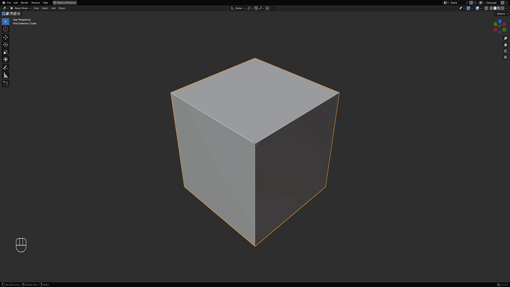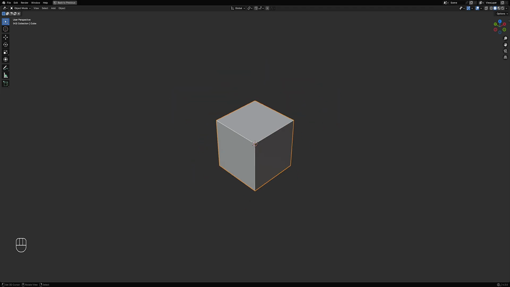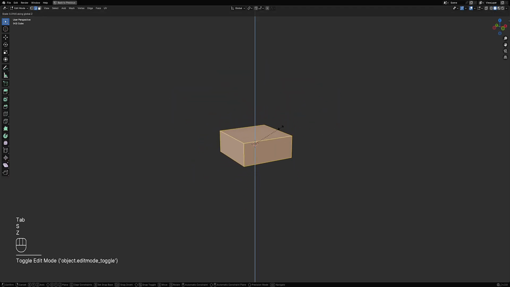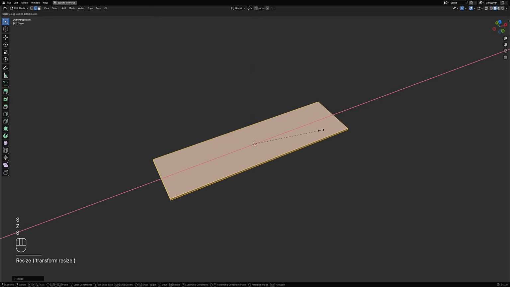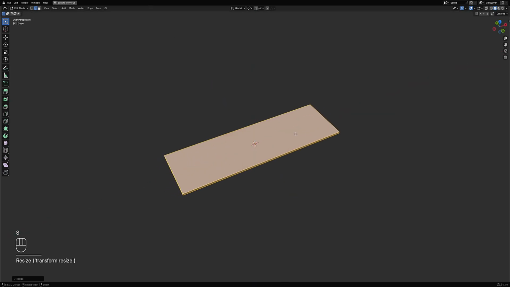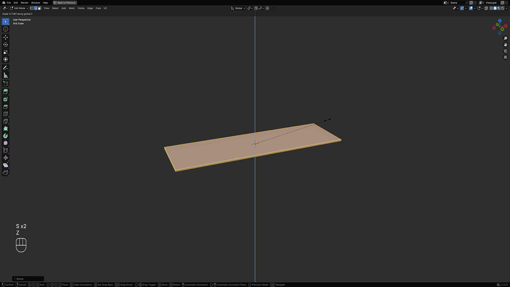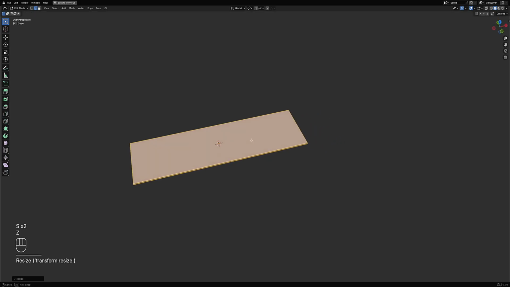Hello everyone, in this video I'm going to show you a fun way of doodling with random flow, and that is with the add cube command. So we're going to create a kind of docking bay model for our sci-fi spaceships. So let's just create the main body, and then we're going to just sketch a bunch of cubes on top